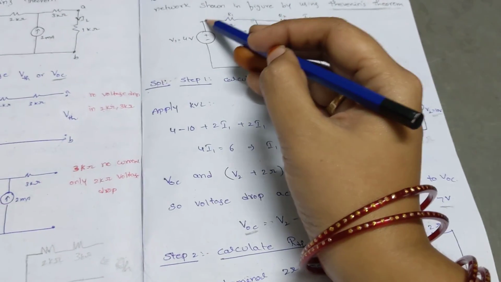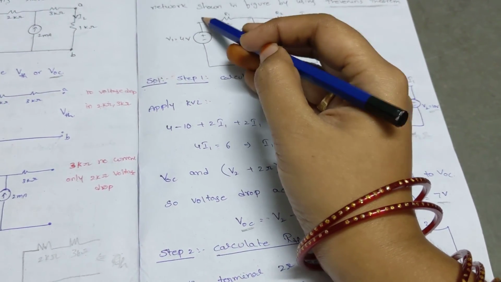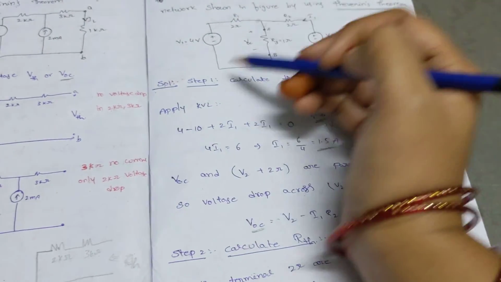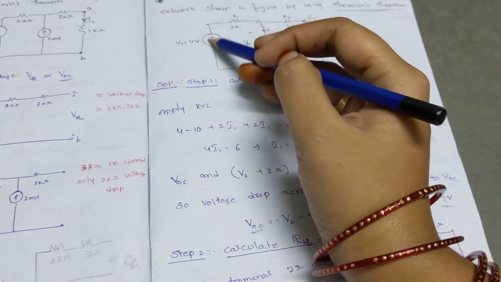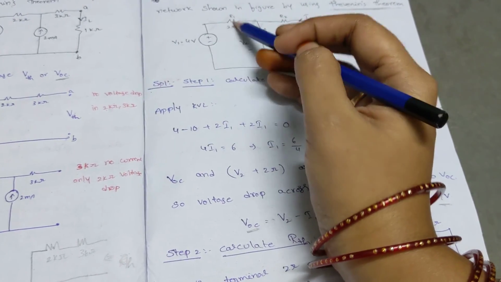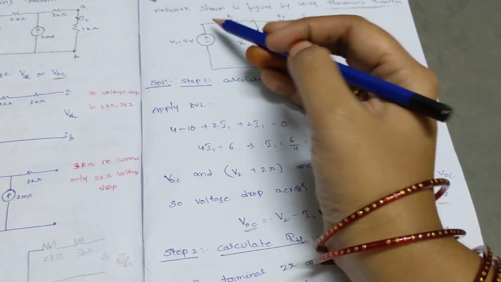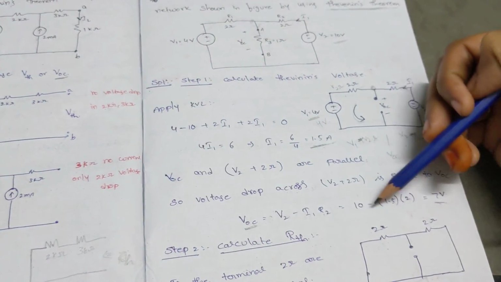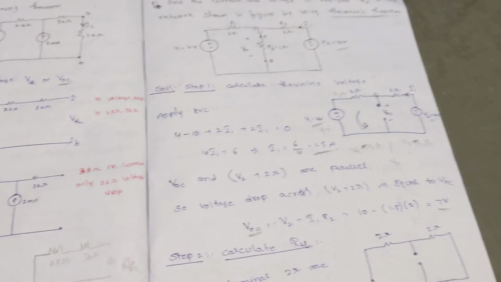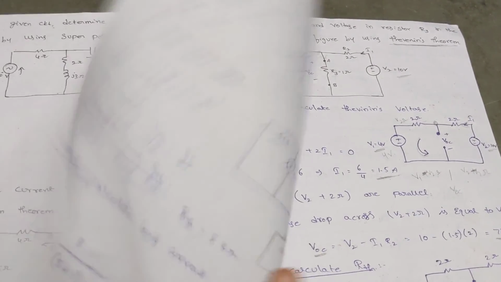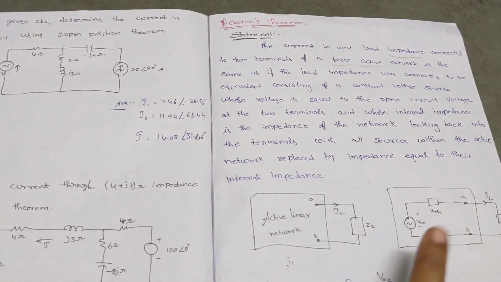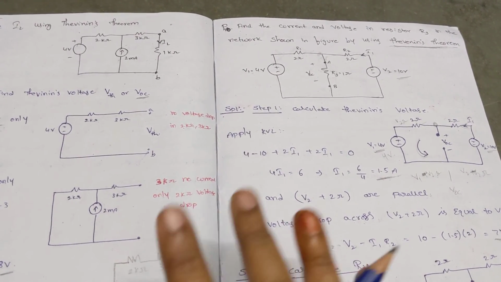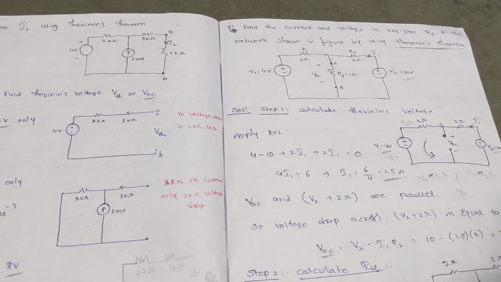If you find out the current through this branch, then you can go with the other one. There is no issue, either way you can choose. But you first have to find out the current flowing through this 2 ohm resistor, and I don't know that value. Since I know this value itself, I go with this value. So I hope you understand the definition of Thevenin's theorem and how to solve a problem for DC excitation. For DC excitation we discussed this.